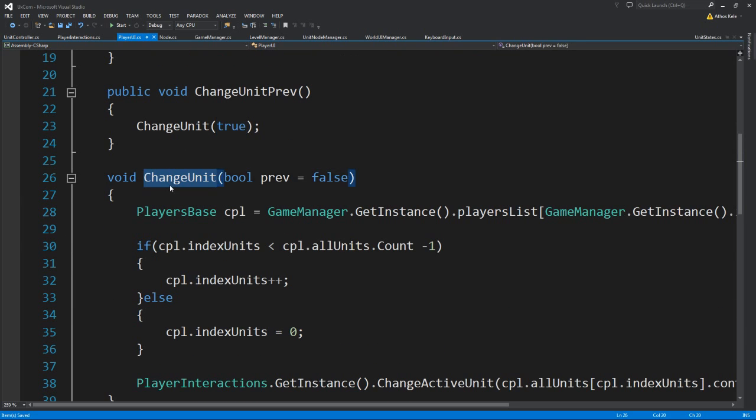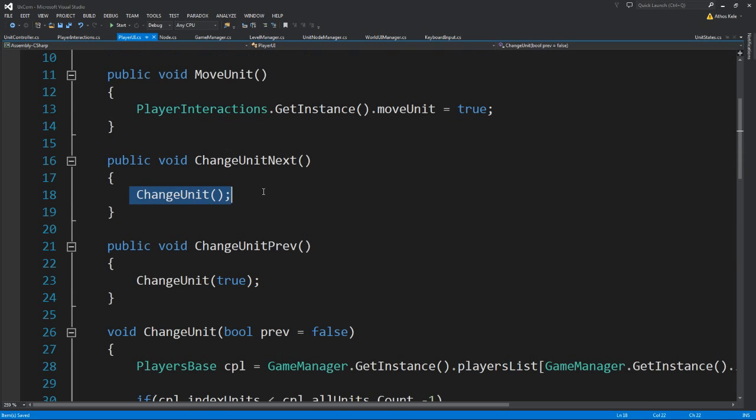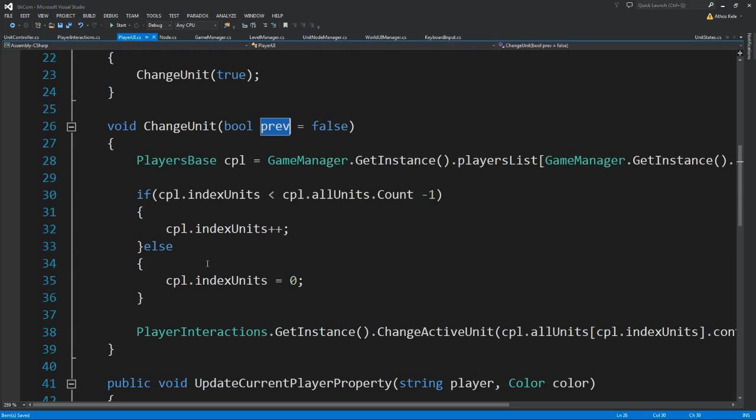Now change unit is a function that takes a boolean previous, which I'm calling previously, and I initialize it with false. So if I call this function like this without passing the boolean over here, it will take it that the boolean is initialized,